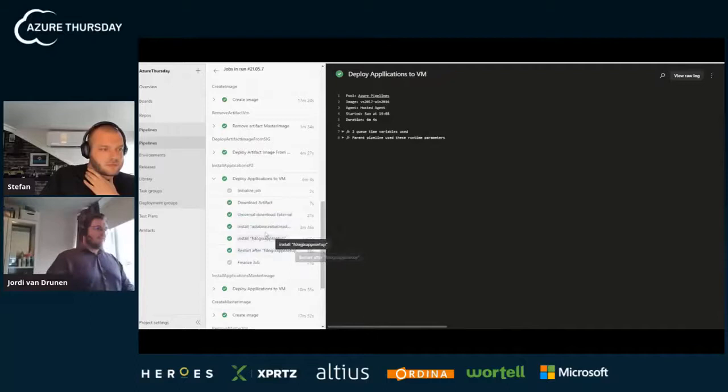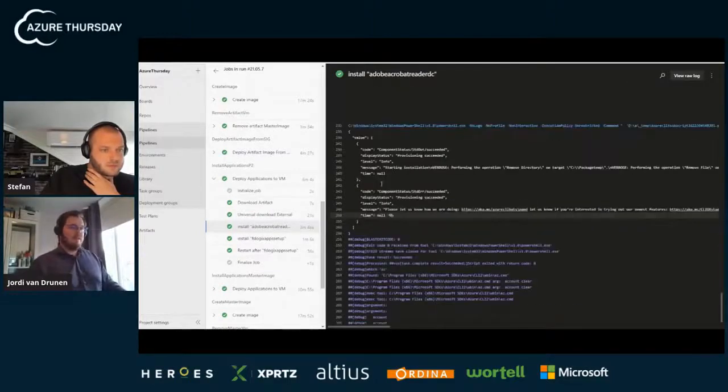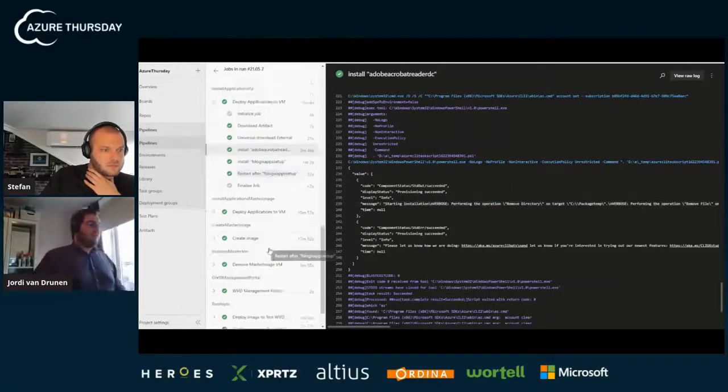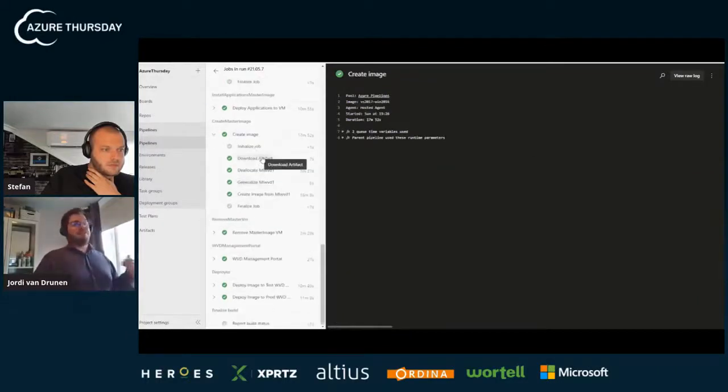Okay. So as you can see here, I'm installing the Adobe Acrobat, and I have the diagnostics on, so I need to scroll down a lot. And from here, you can see that it's installing. And we get a lot of information back, but we know it's installed because it's okay. After we've installed it, we create an image. Those are just the basic commands we can use. And I think it's